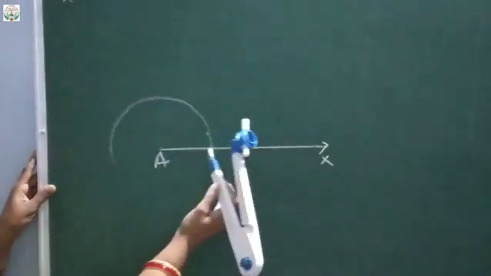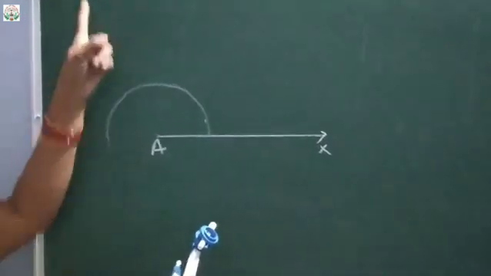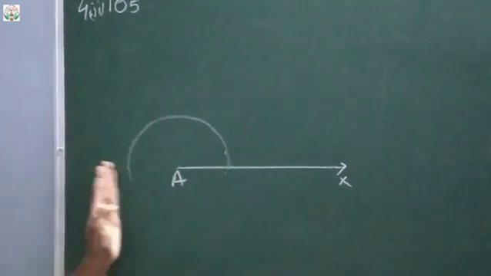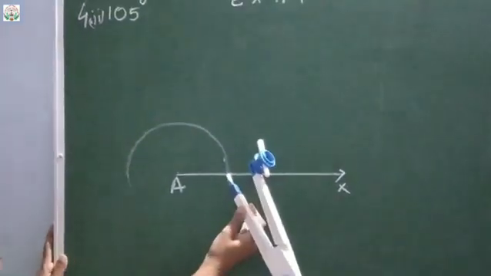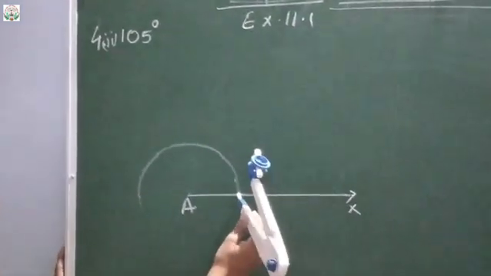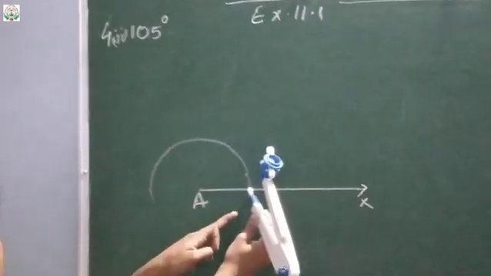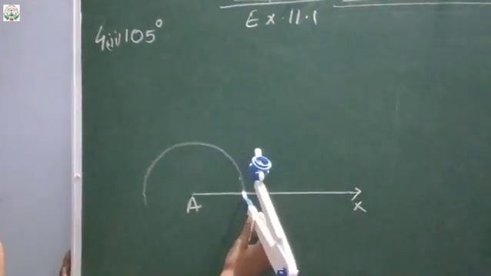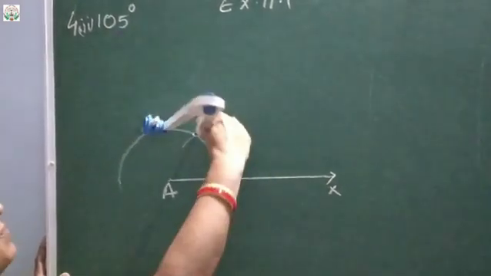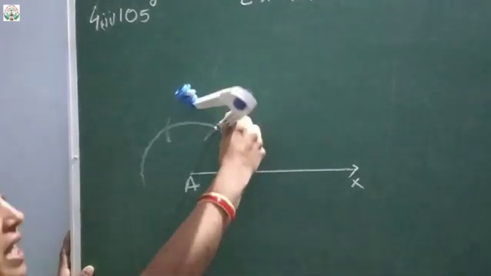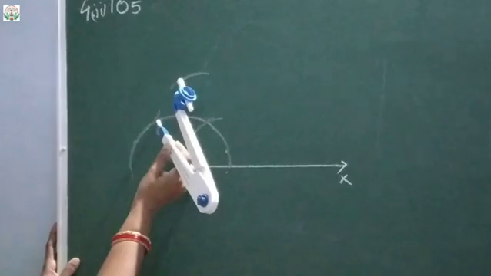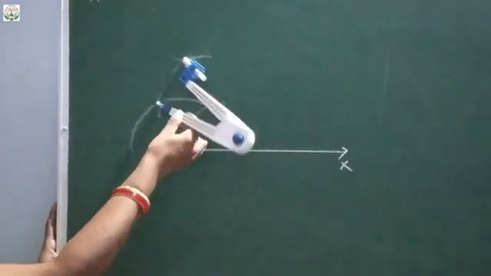Okay, first for that we need to have 90 degree because 105 is the angle bisector of 90 and 120. So we need to have 90. By now you might have understood how to make 90 degree. Keep the needle where the semicircle touches the ray, and draw 60 degree. This is 60. At 60 keep and draw 120. And again at 60 keep the rounder and draw an arc, and at 120 draw an arc likewise.